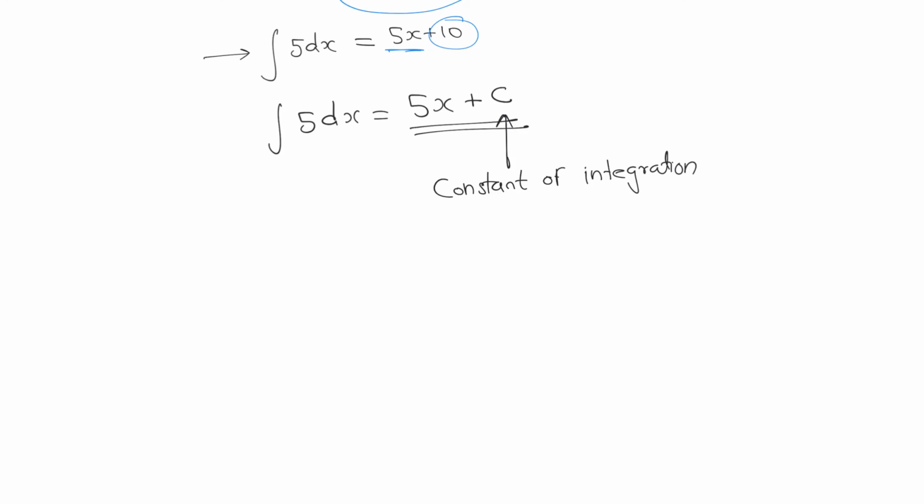The problem here is that the differentiation of any constant, whether it is the differentiation of 10 or of 2, will be equal to 0. The differentiation of any constant is 0. So if you do it in the reverse way, we will not be able to identify which constant that 0 came from. So we will not be able to identify the exact value of that constant, and we put a constant of integration c. This type of integration is known as indefinite integration.